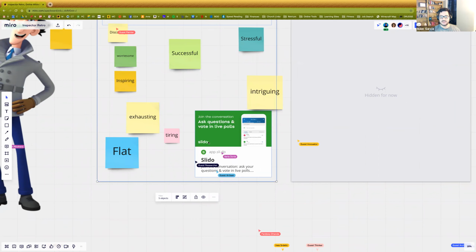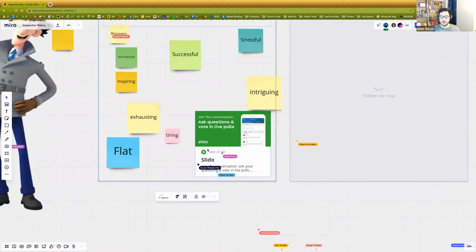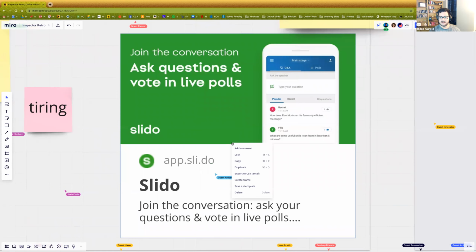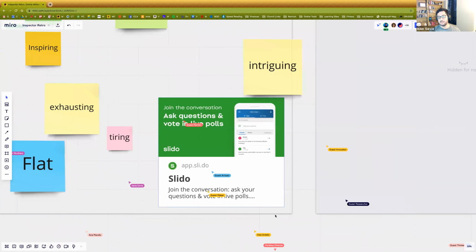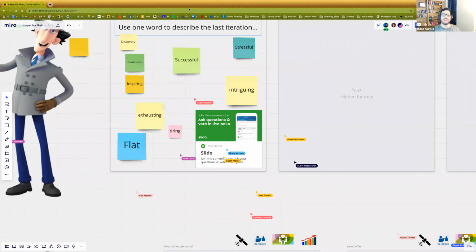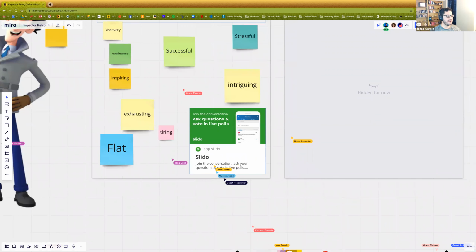Let me see if I unlock this. If we click on Slido here, let me actually open this up so you can see it. And you can actually go into it if you want. Click over here. Wait, this is a link. Why is it not linking? Well, save as frame, save a template. It's supposed to be a link, but it's not linking. Miro's doing something amazing. So what I did is I set up a Slido, and I'll get it up on this other screen over here.